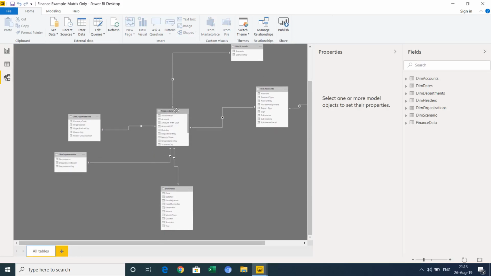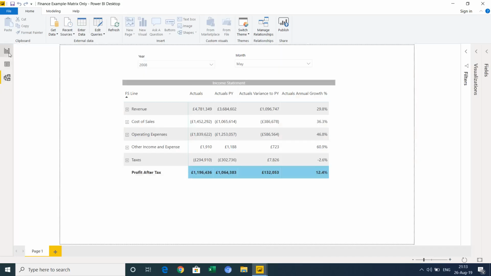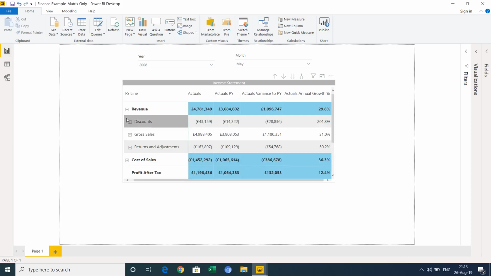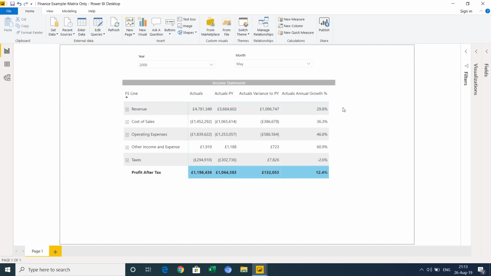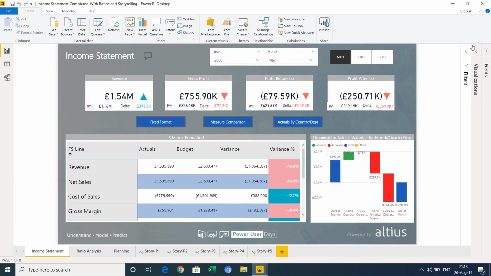We've modeled the data. We've got finance data in a nice star schema with a date table and our various dimension tables with accounts and account hierarchy. And we could produce a pivot table style matrix that allows us to drill down into each line and produce an income statement. And already this is probably a little bit more powerful than what you can do in Excel, just because you can start to look at things like year and month and drill into that detail. But what we ended up with was an example that has a lot more storytelling, a lot more context.